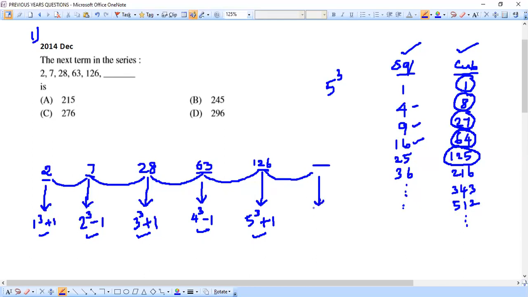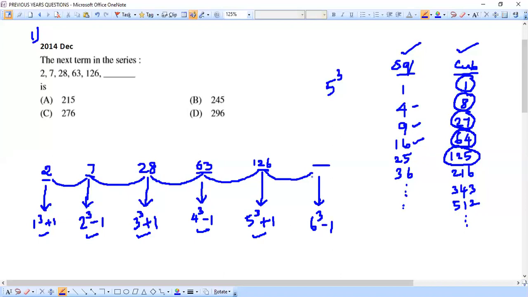So obviously what will come here, I think the flow, you are able to catch it, you are able to observe the pattern very clearly, so you would have guessed what will come next. So what comes next is very simple for us to say, right? This will be nothing but 1 cube, 2 cube, 3 cube, 4 cube, 5 cube, and next comes 6 cube. And along with that, we also have plus 1, minus 1, plus 1, minus 1, we are getting it alternately. So plus 1, minus 1, plus 1, minus 1, plus 1, next turn will be for minus 1.